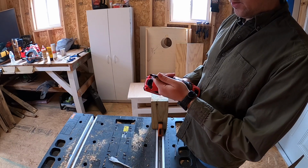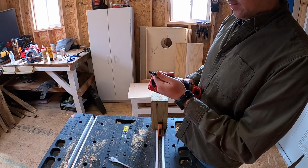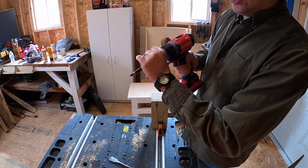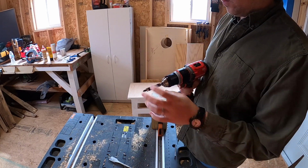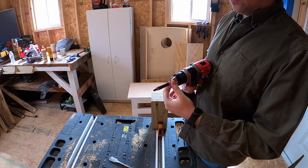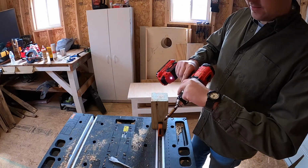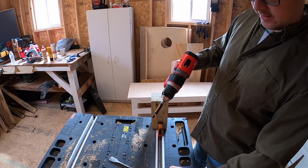Alright, so let's do the screws first, the 3-inch deck screws. It's a locking chuck. Lock her down, over 1, back 1. We're locked in nice and tight. Let's drive this. Let's see how it does in speed